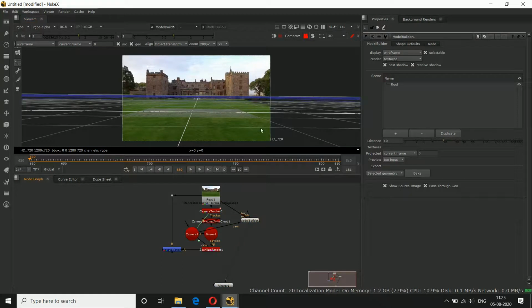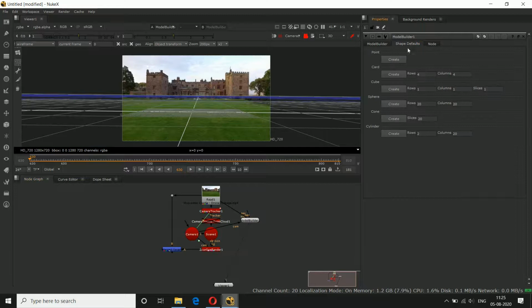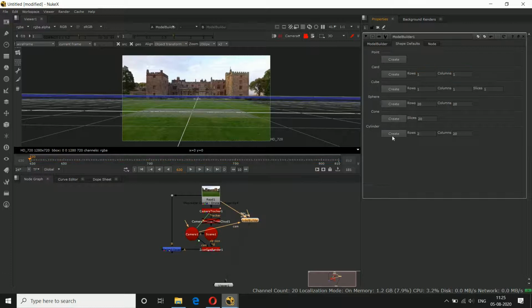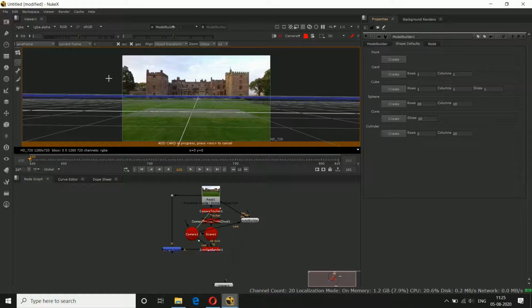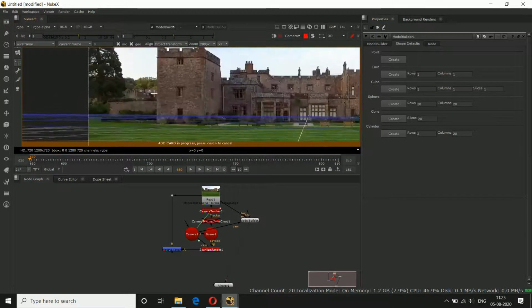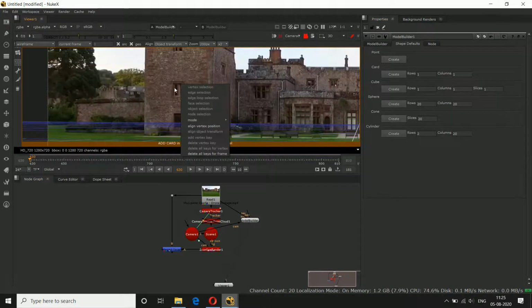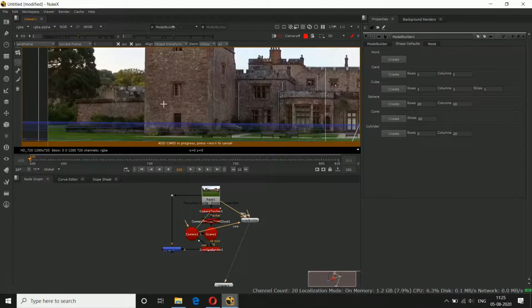So now we'll create one card. We want only one row and one column. So I'll create the card. Left click, just like this.